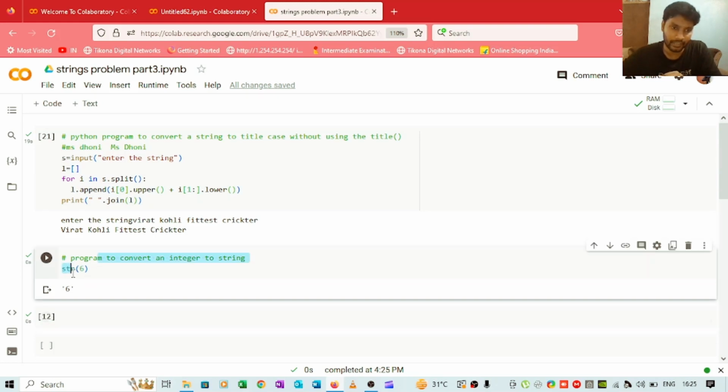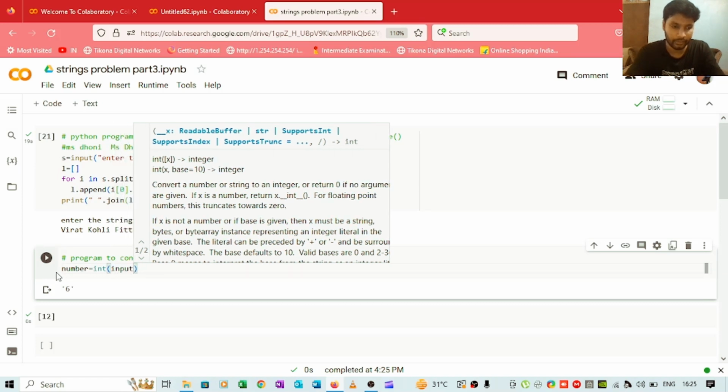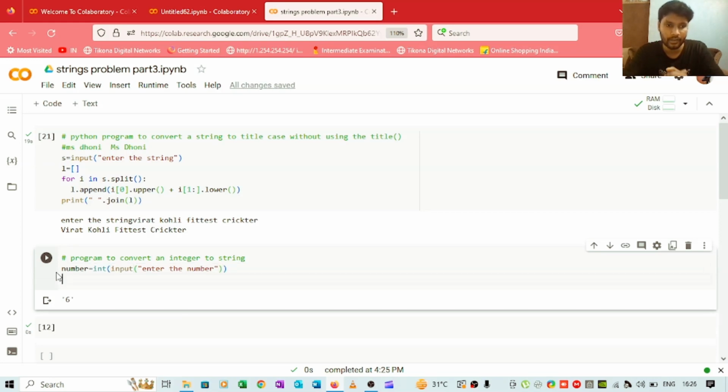And for that, what I'll be doing is I will first take a variable number, and I will ask the user to provide the input. It's going to be in the integer format, because we are taking the number, we are not taking a string. So int input, enter the number. So we are asking the user to enter the number, and now we will take